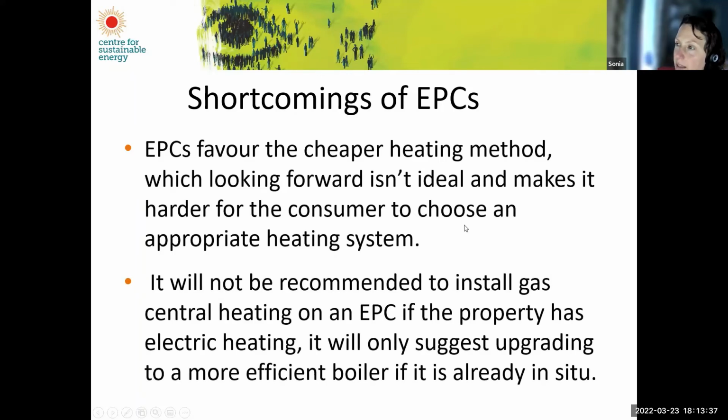So the shortcomings of EPCs. EPCs favour the cheaper heating method. So the EPC score is based on the heating costs. And I know at the moment, with the energy price hikes, the price cap going up in April, there's a whole separate conversation to be had around that, and EPCs do need to catch up with that as well. But